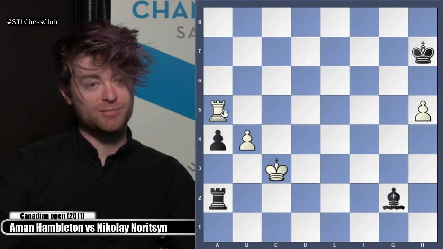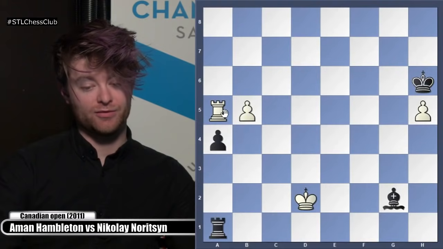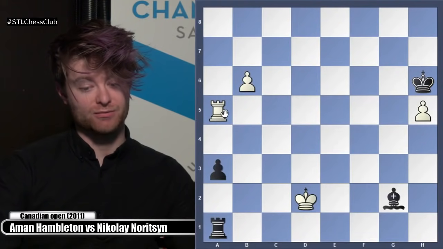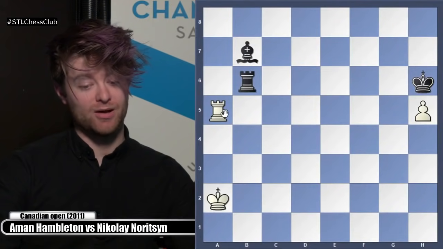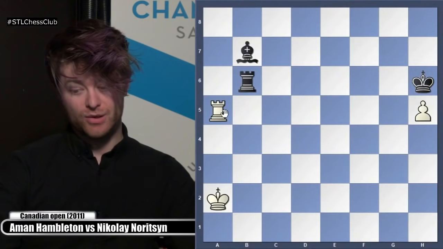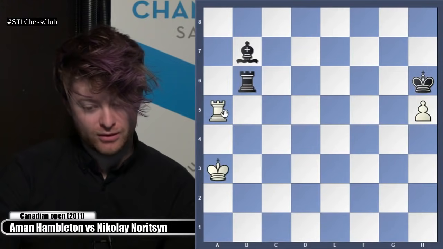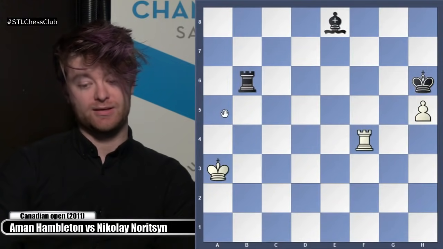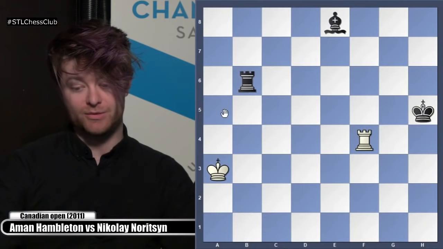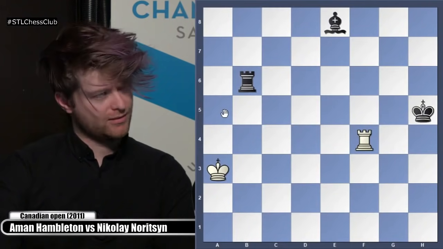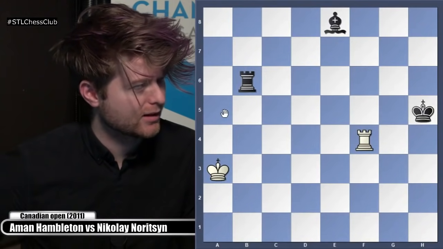Okay, so he tries to keep his pawn, but after a few moves, that b pawn of mine just runs so far up the board that you can see I was able to corral his pawn and take here. So we're going to go to the point where, let's say, he captures the pawn. So move 56, he captures the pawn, because I think at the time I was still writing down moves, so